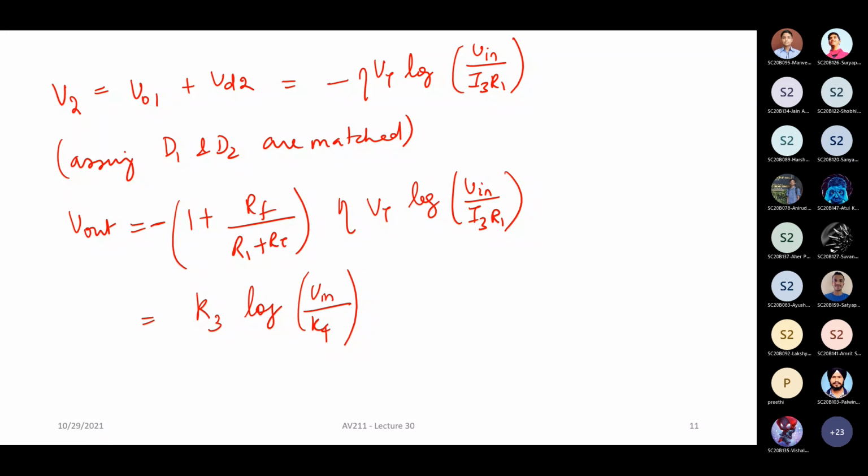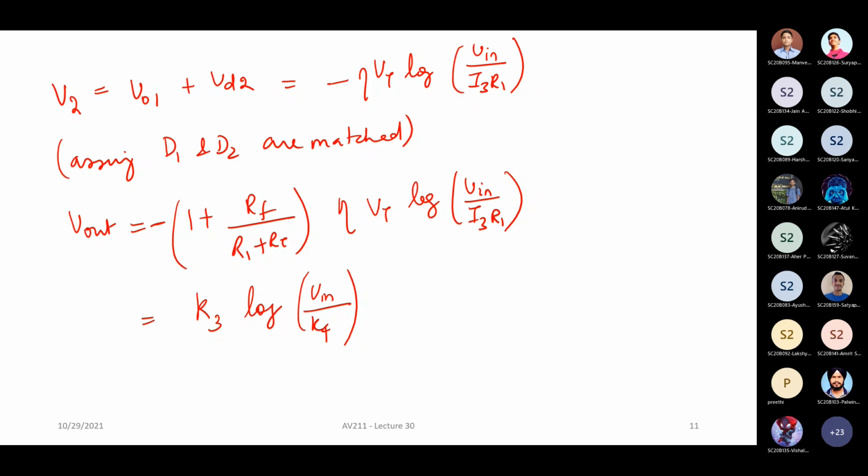Now you might ask, why do you want to have a logarithmic amplifier? What is the point of having an amplifier where the output is the logarithm of the input? Now there are some applications where the dynamic range is very large. For example, let's say your V in goes from the order of a few hundreds of microvolts all the way to some very large voltage.